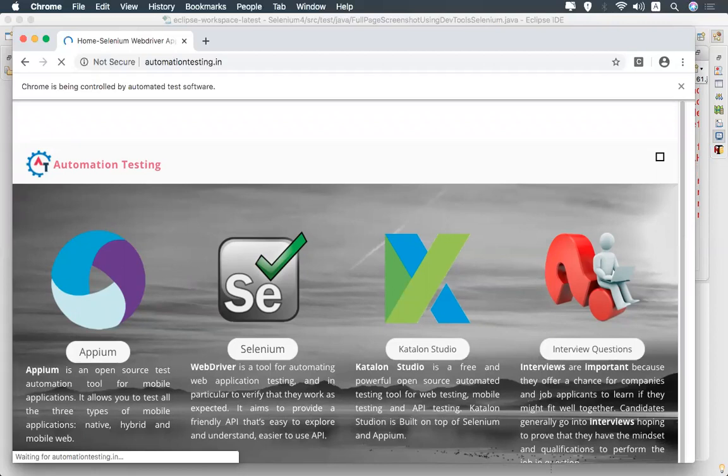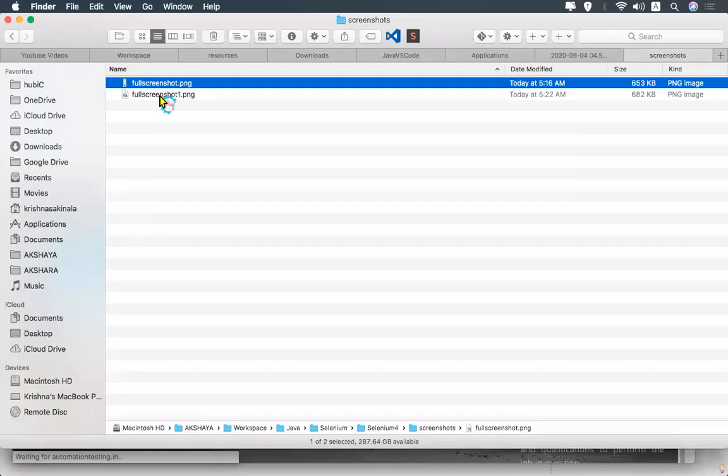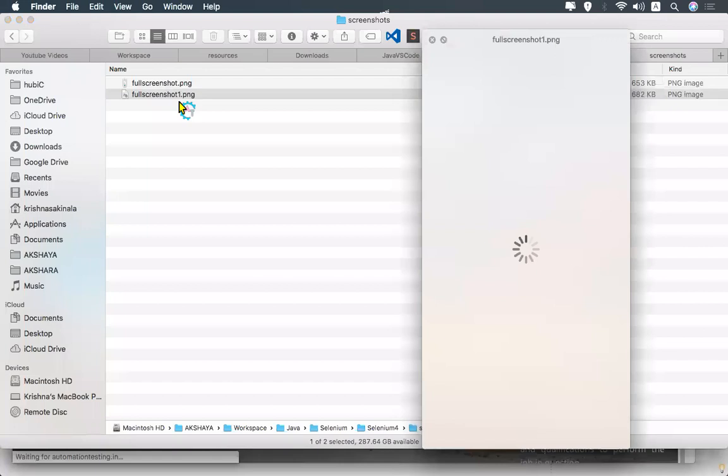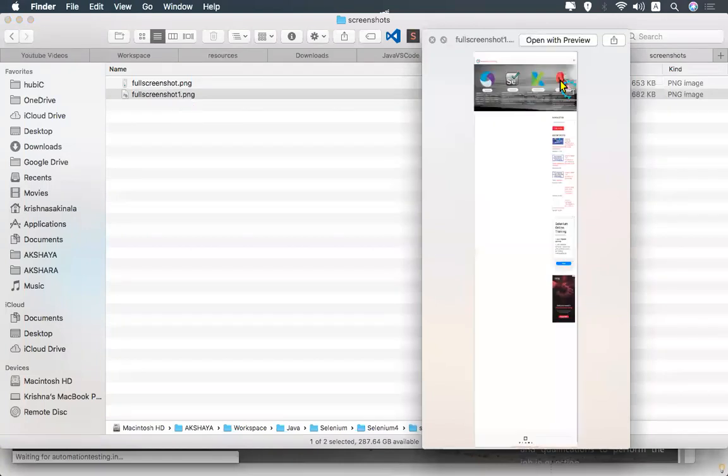If you go to the same location, you see screenshot1.png. When you open this, in the top area it is showing, and on the right side also the content which is loaded is showing, but the other content is showing as white space.